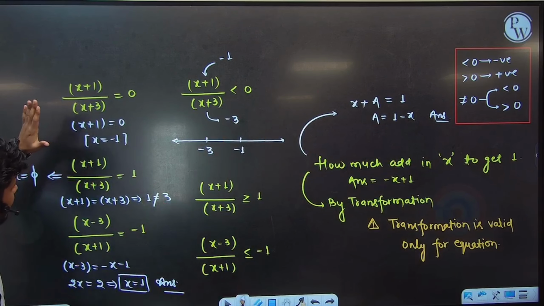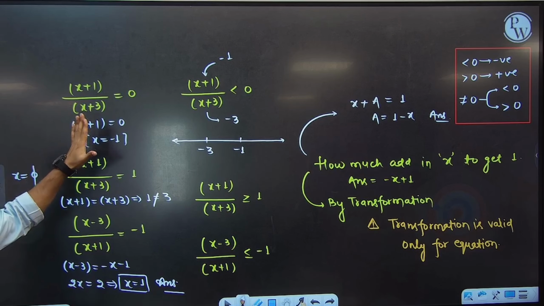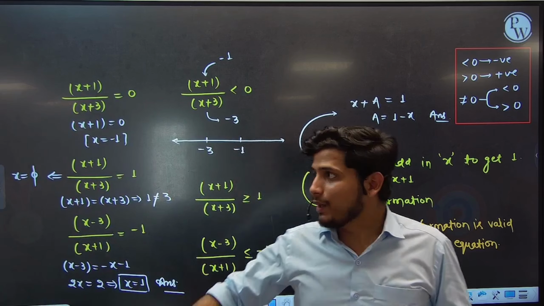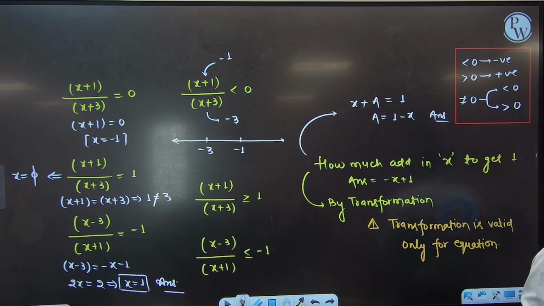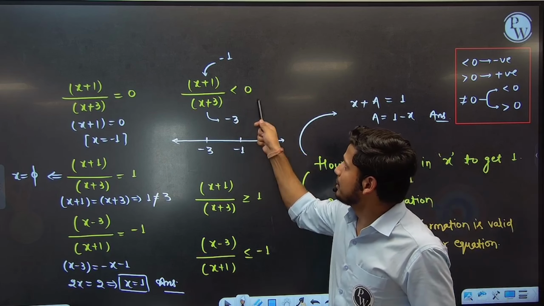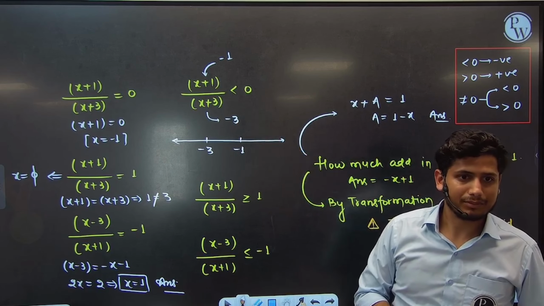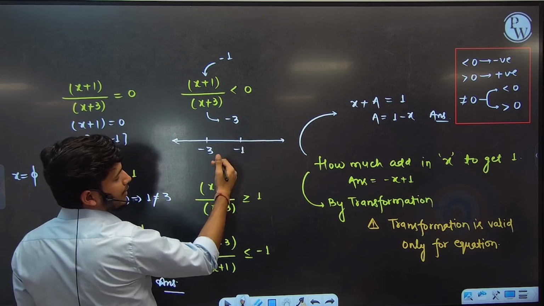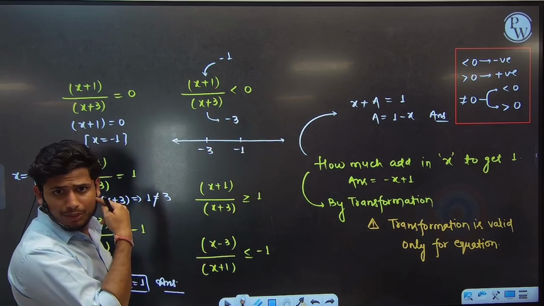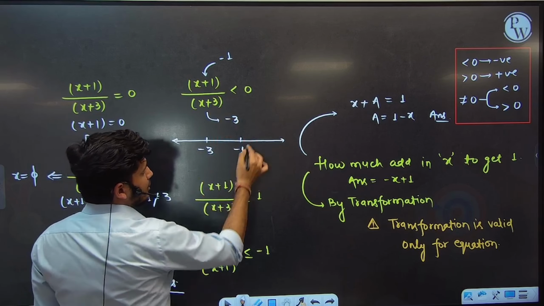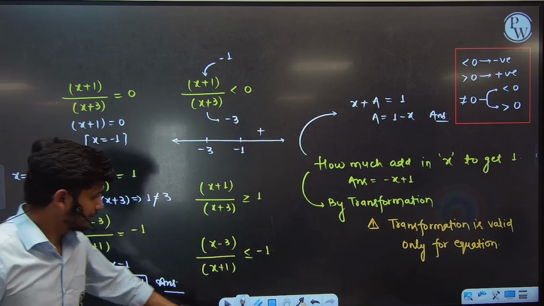Here the equation gives us a root, but inequalities give us a region, the shaded part. Region is kshetra, area. Now this is called the negative part. So put a value greater than minus 1. Suppose 0, put 0. 0 plus 1 is 1, 0 plus 3 is 3, 1 upon 3, a positive number. So it gives positive.